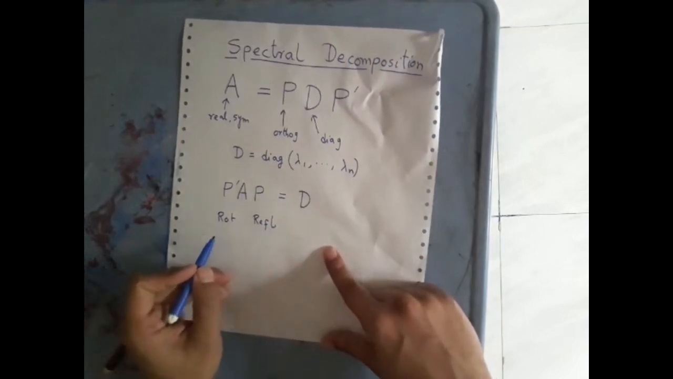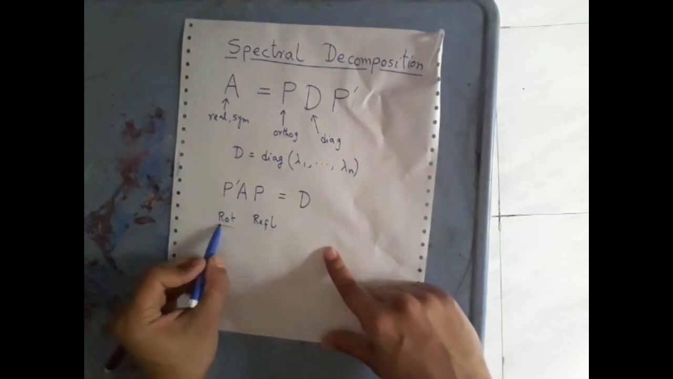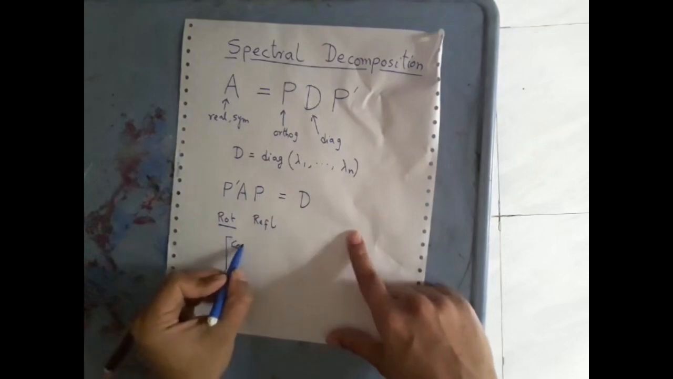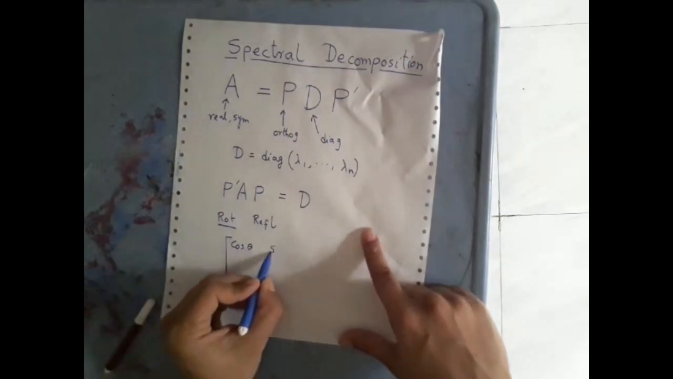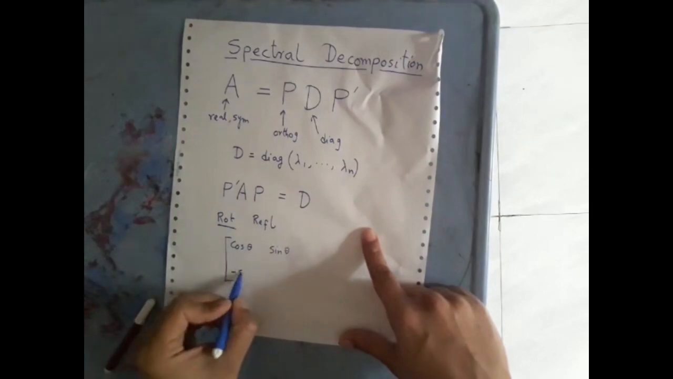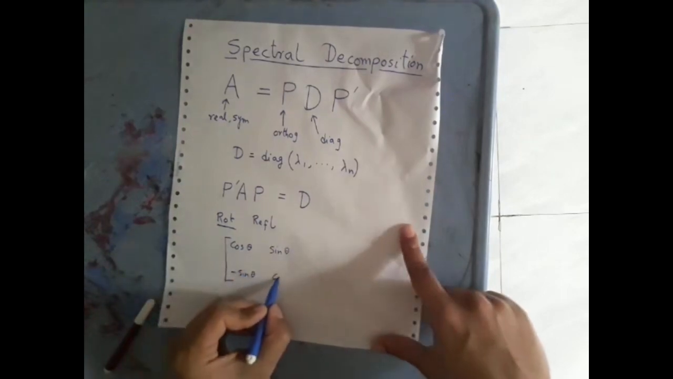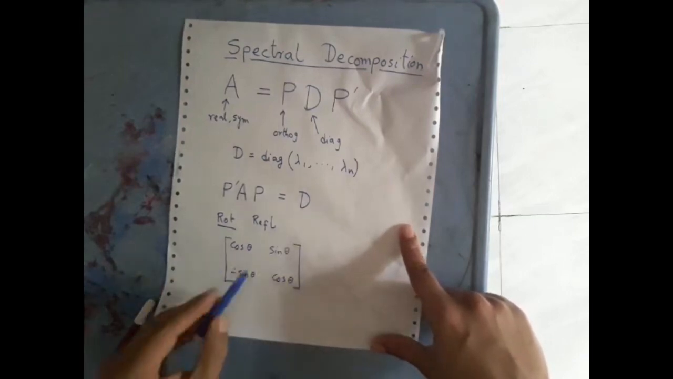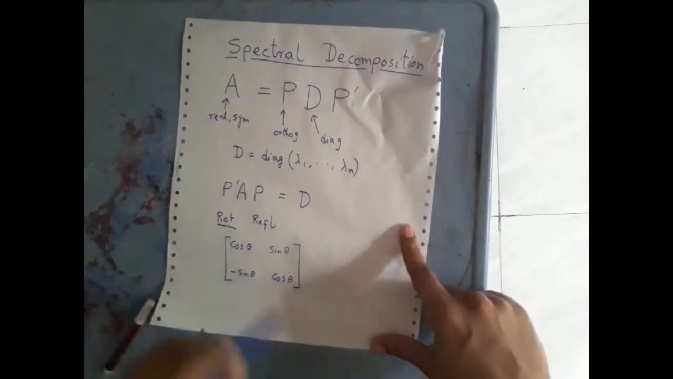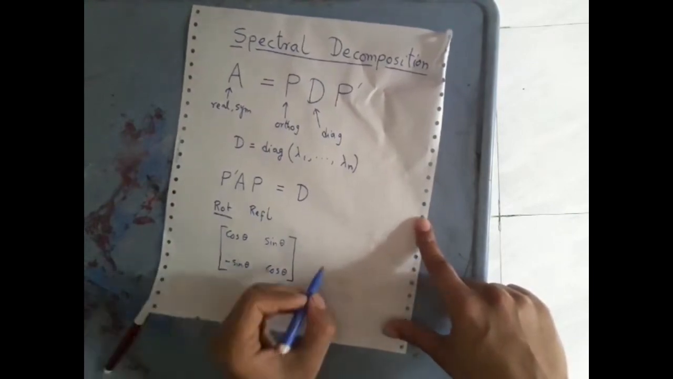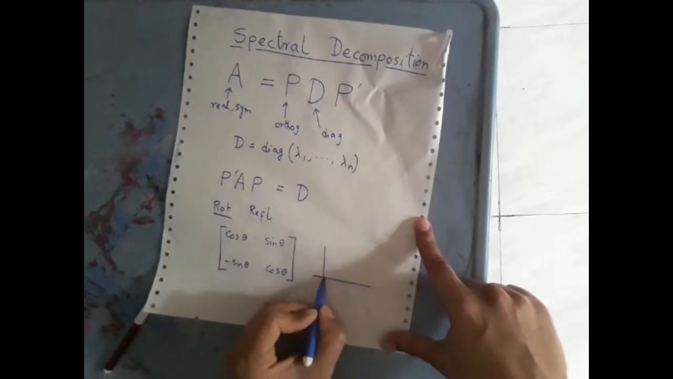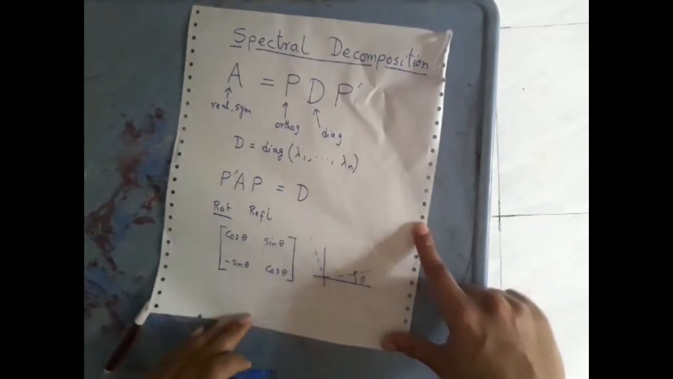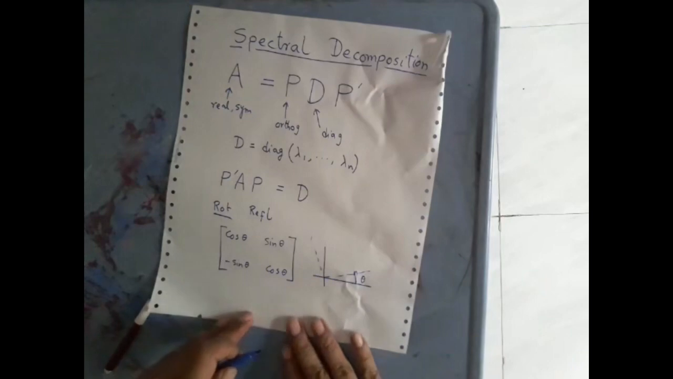Now when you work with 2 by 2 matrices, then rotation matrices have a very simple form. We can write them as cos theta sin theta, minus sin theta cos theta. You take any angle theta, then this particular matrix will give you rotation by angle theta. So if you rotate it by angle theta in the counterclockwise direction, then it will be,